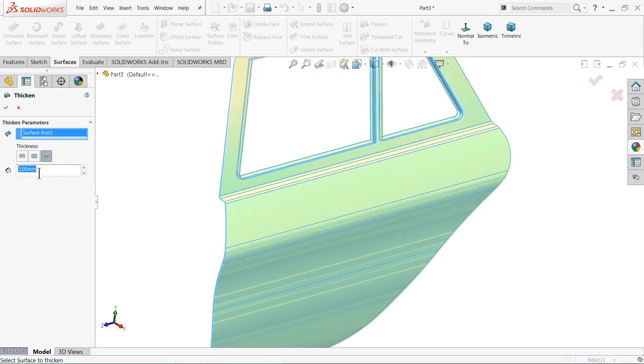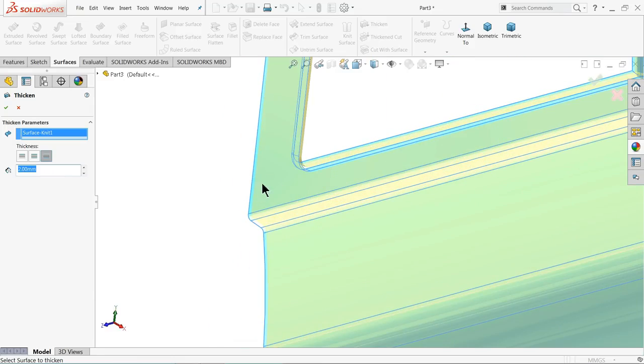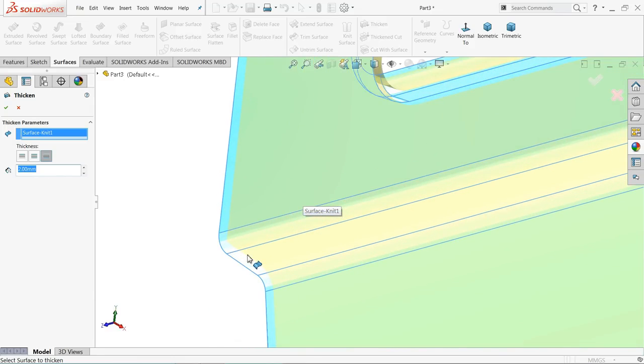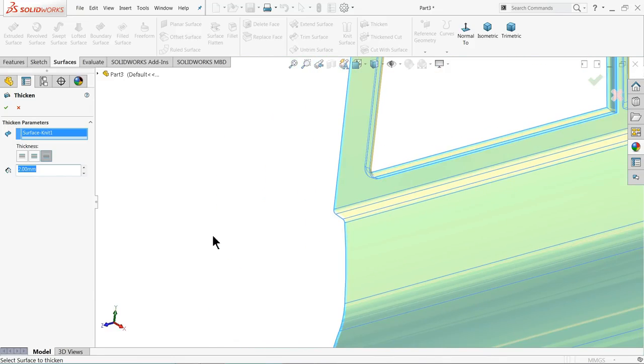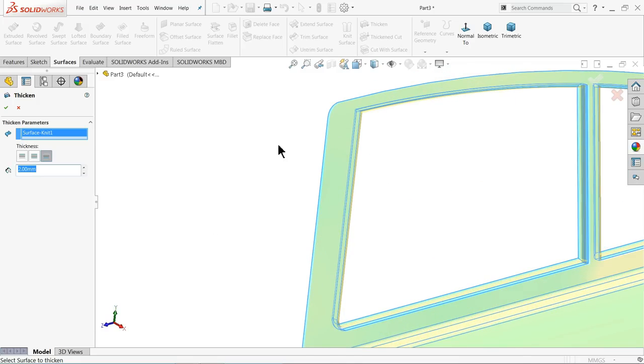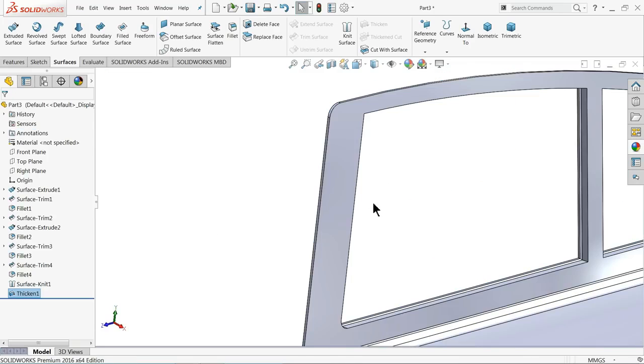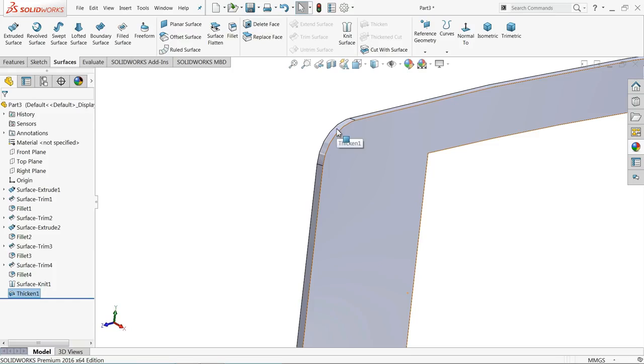Select the body, 2 mm thickness, and here we have the option side to both side, and you can say side 1. So which direction is it going? I think bottom. Select OK. Now see, it is 2 mm thick.